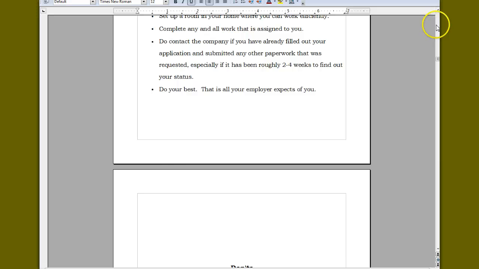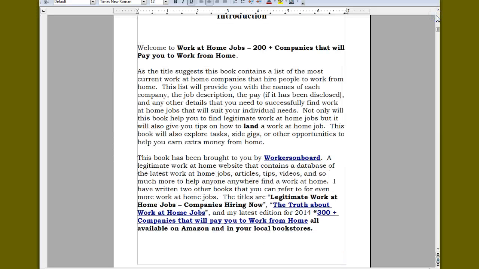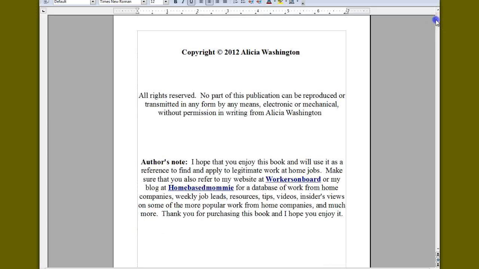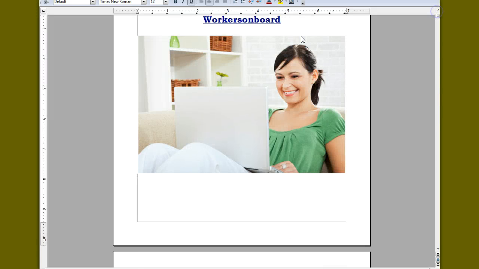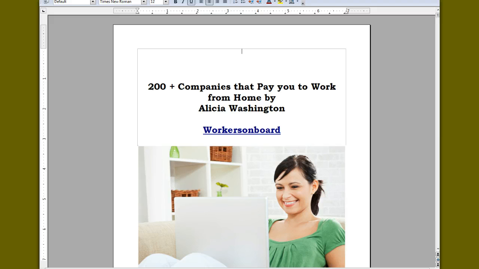So after your document is ready, and you can put links in here too, that's one great thing, especially if it's an ebook. You can highlight a certain word or phrase, and then you can link it on the OpenOffice Writer. You can put a hyperlink. You just click the hyperlink section at the top, and you can also do a spell check and all different kinds of things. But after you proofread the contents in your book, and after you've checked everything over,